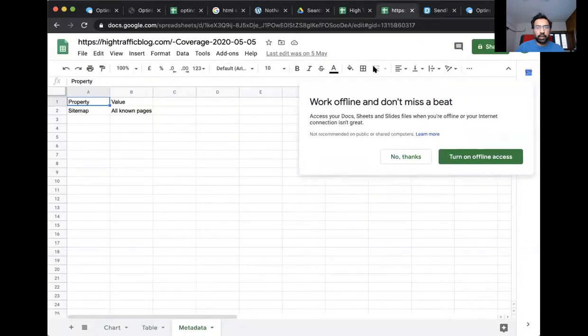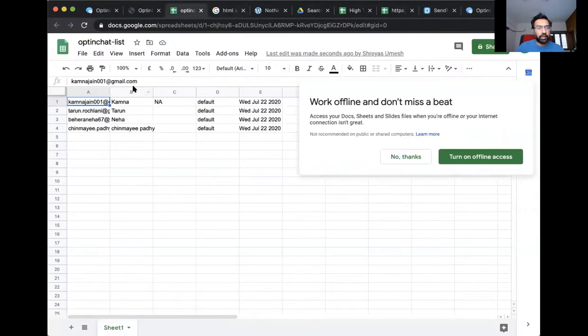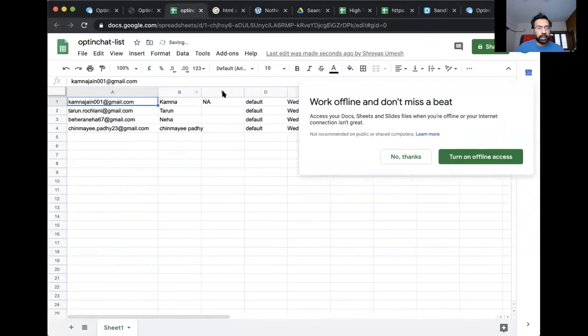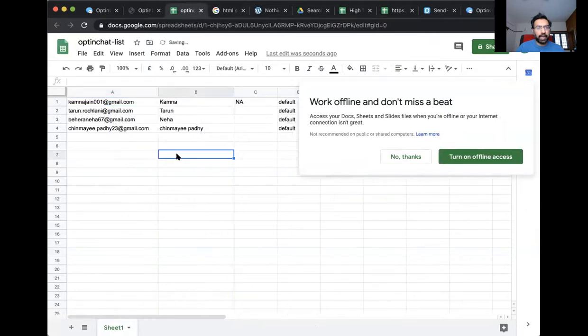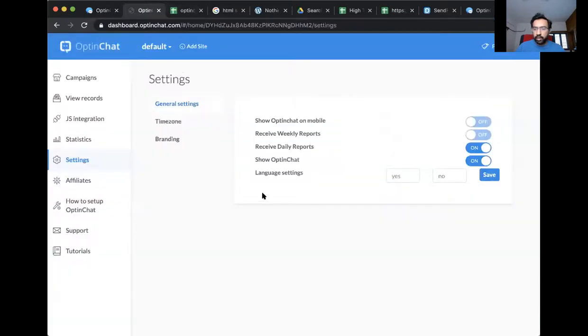And here you can see, this is the sheet. These people are already entering their email IDs here. And as the email IDs are being entered, we can see all the email IDs appear here. So that's how it works. Now it might not be showing for the second time because you have already opted in. Many of the people have already opted in.